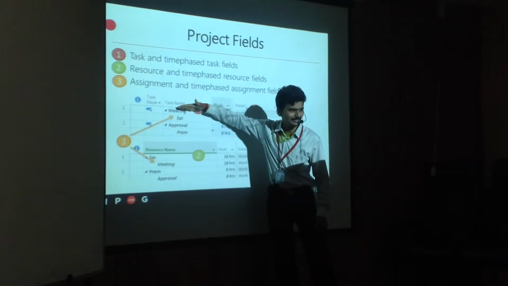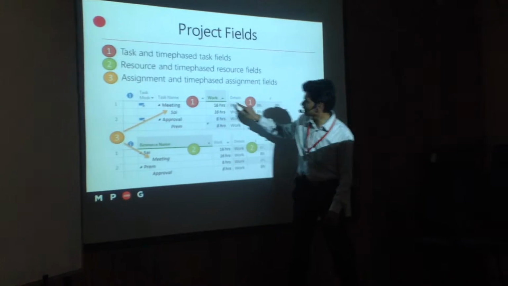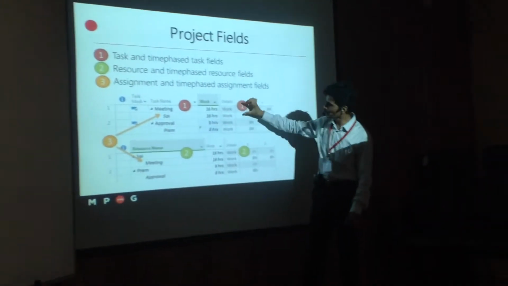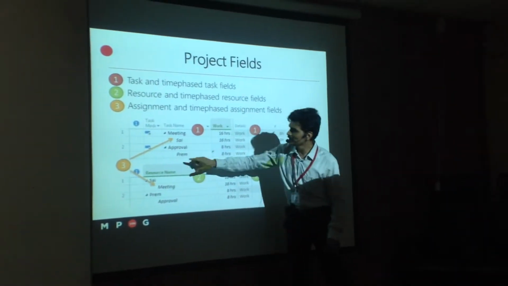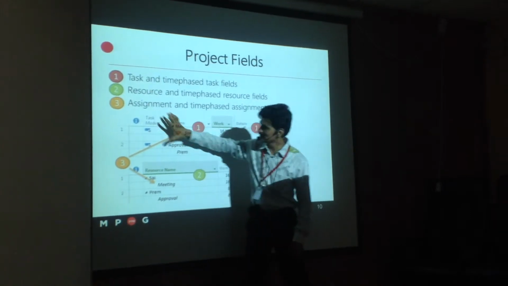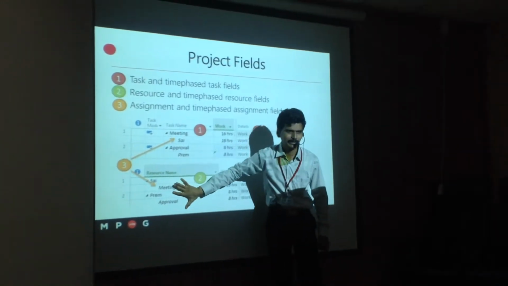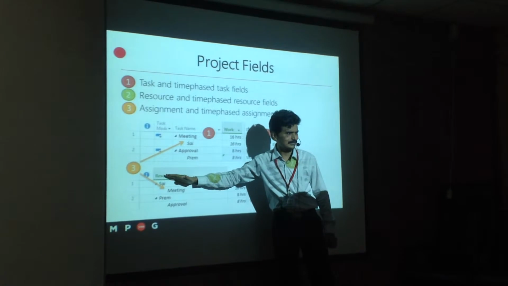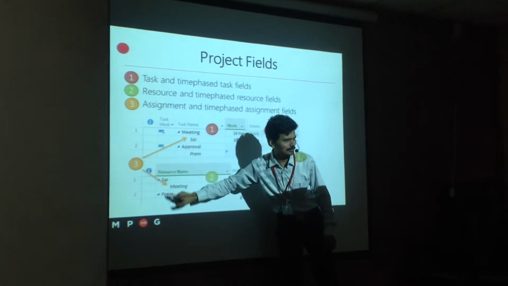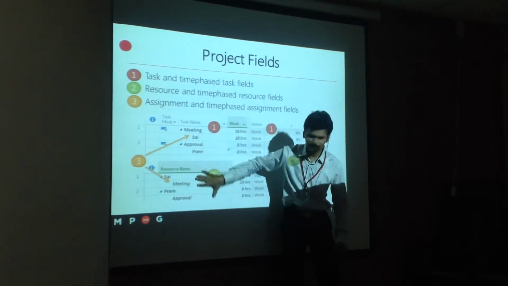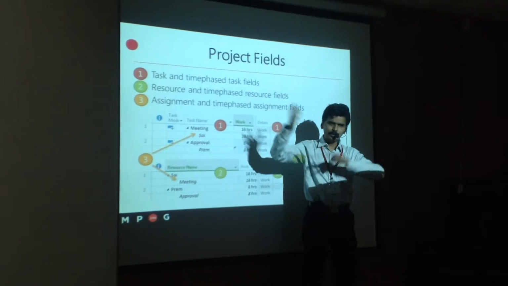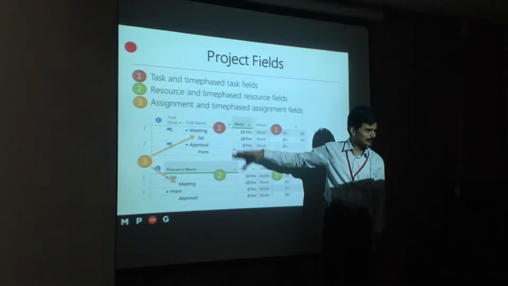So we have task, and task is having some time phased data. That is what a grey color bar is. And similarly, when I say resource, the same data is given in a resource format. So what is the parent task here? The names of the resource, who is working on it. So it is still the same information, but what becomes child and parent is different in both the cases.